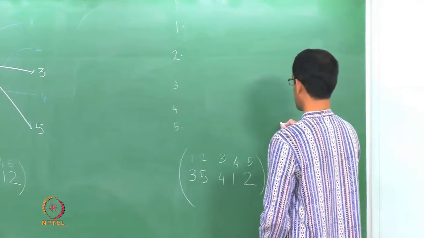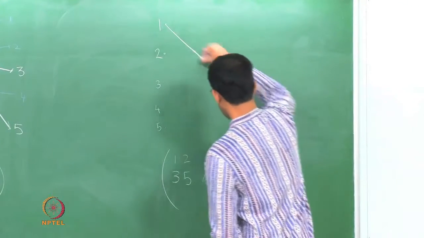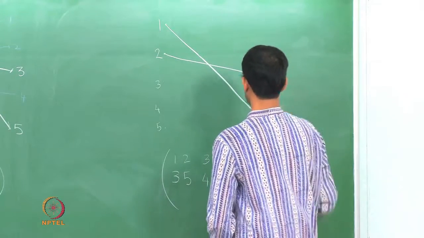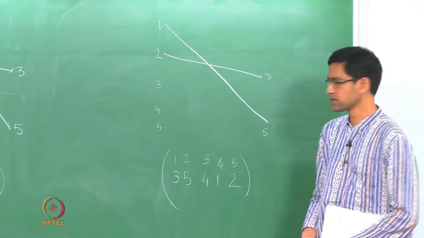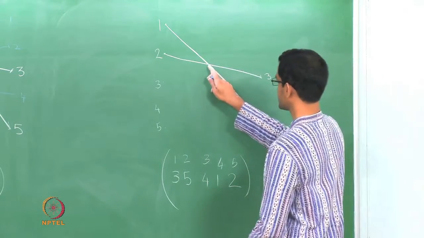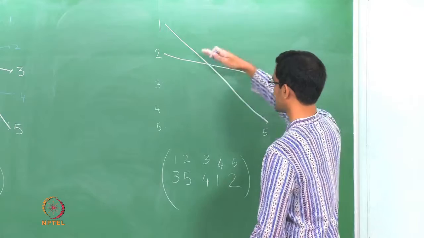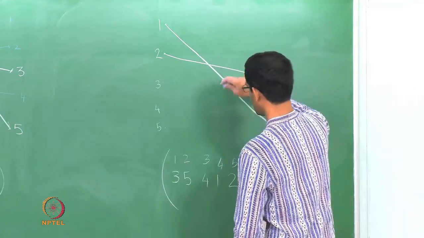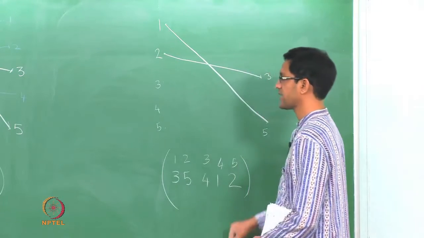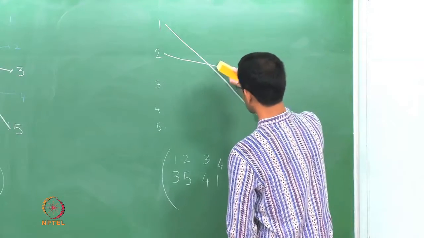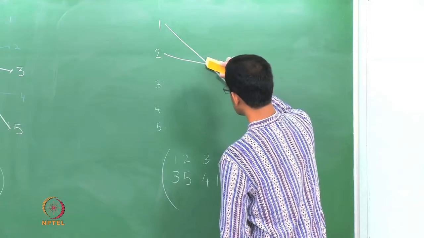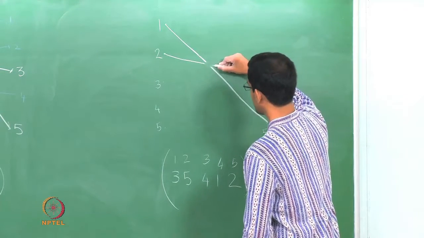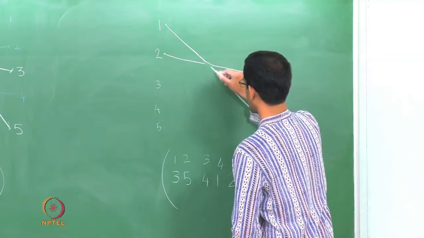So, I will do exactly what we had earlier. 1 maps to 5 and 2 maps to 3 was how the original permutation looked. Now, what we really want to do is, at the place where they cross, send them along the other directions. So, here is what I will do. Remember, I have a lot of flexibility in drawing these triangle diagrams. I do not need to draw them as straight lines. So, what I will do is slightly move this point of intersection here. Just where they intersect, let us erase this a little bit and curve these lines out in this way.